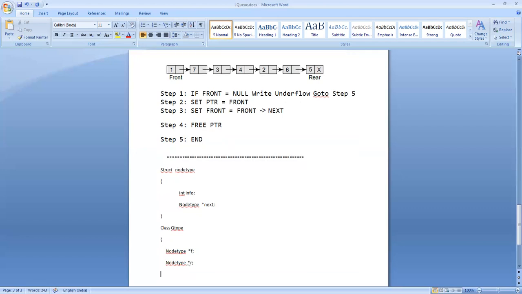Front F will point to the first node of the queue, and rear R will point to the last node of the queue.